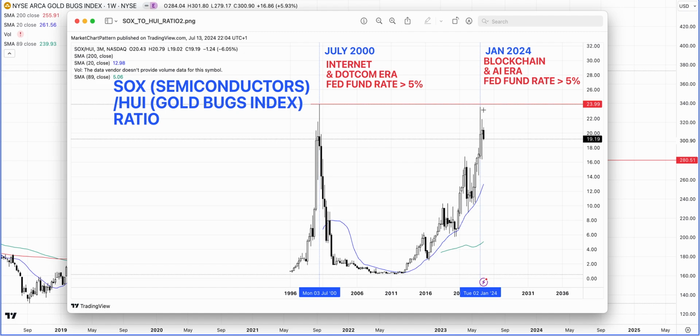And now where it is right here is very close to where it was about 24 years ago. And of course this is the year of the blockchain and the artificial intelligence, and the Fed fund rates are again above 5% over the course of the last few months. Now this is a quarterly chart, so each bar is 3 months. What we have seen is that there is actually